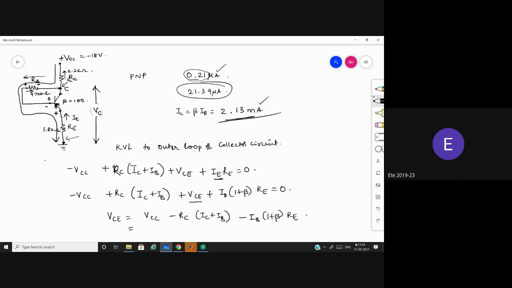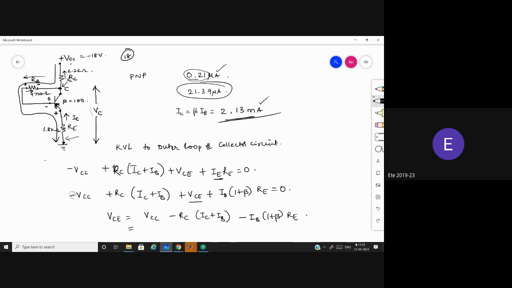See, one thing you should remember in VCC: when you have already taken minus here, you should not take minus of minus 18. You should take it as 18 only, because you have already indicated it as negative. Otherwise, you take this as positive, then you indicate it as minus 18. Either of the one you should do.